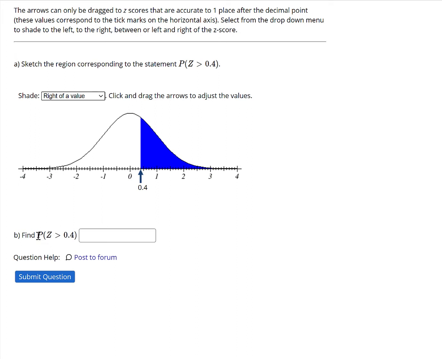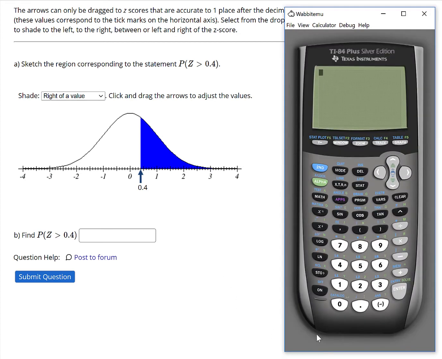Next, we need to actually compute what that shaded region is. And it's close to half of the distribution's area, but we don't know for certain what it would be without the use of the calculator to help us. So second and vars, bringing up the distributions menu, come down to normal CDF,